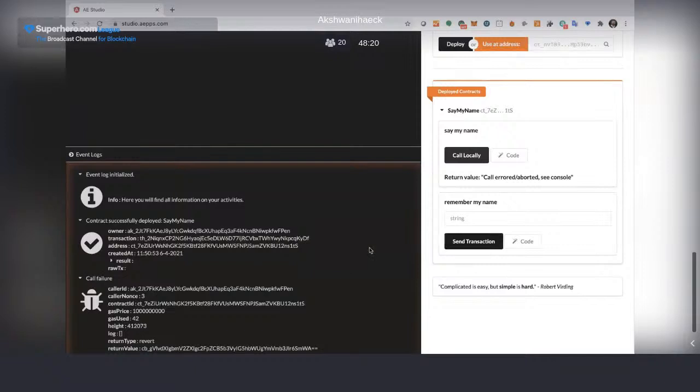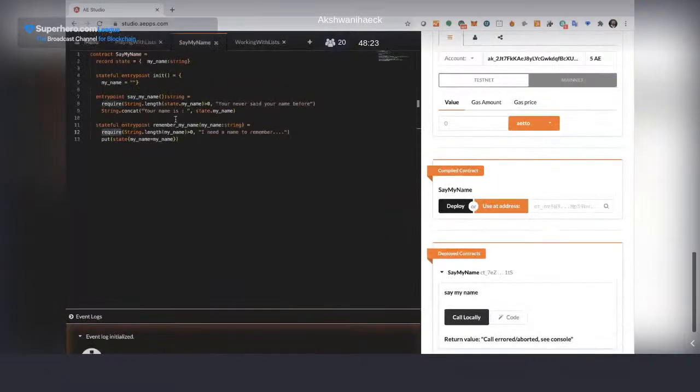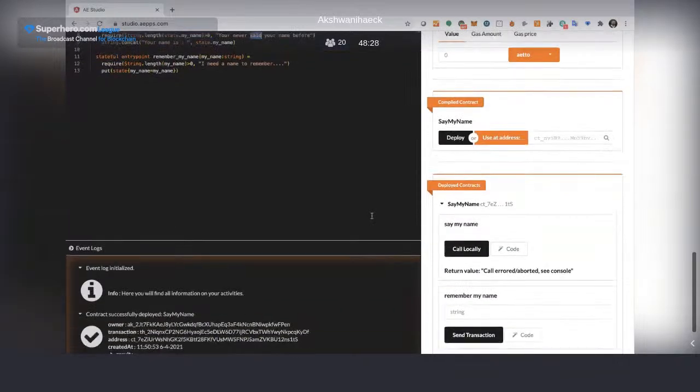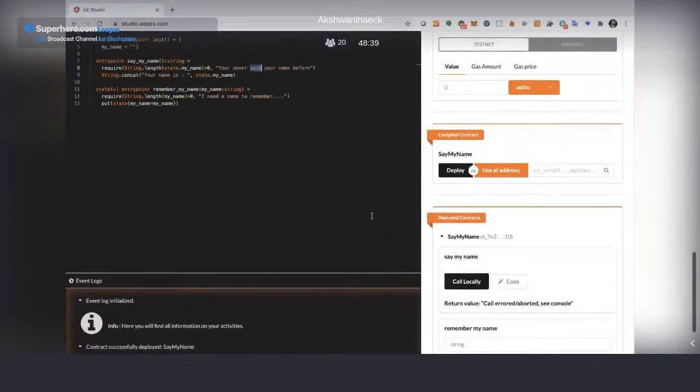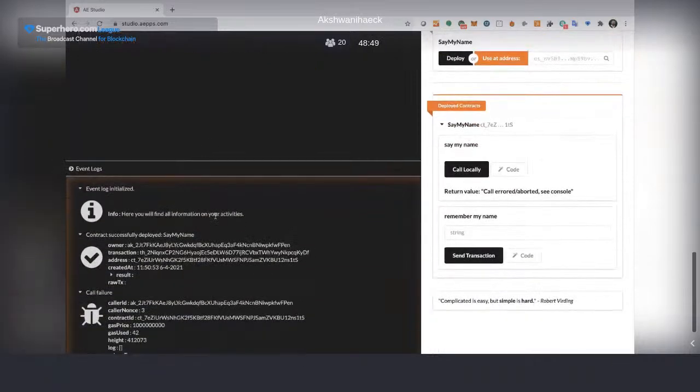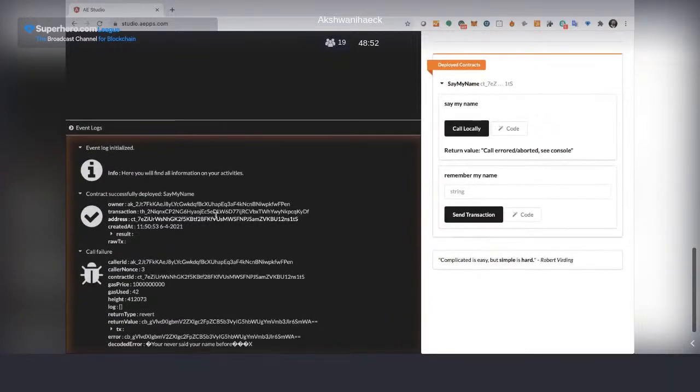And here I have an error because there is no name, and the requires gives back an error with the message I put, right? This is not something that I will be using for showing error messages on screen, right? This is a smart contract. I have to keep my logic, but also I need a way to tell the upper level that there is an error and what kind of error it is, so I can show something easy to read to the user. So the decoded error is going to be that you never said your name before.